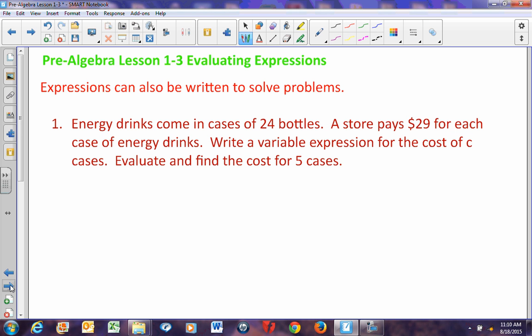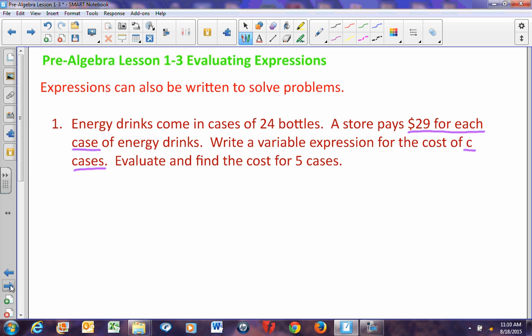Here we go. Energy drinks come in cases of 24 bottles. A store pays $29 for each case of energy drinks. Write a variable expression for the costs of C cases. Evaluate and find the cost for 5 cases. Okay, so if C cases, this is my variable, C cases, I have to write a variable expression. If they pay $29 for each case,